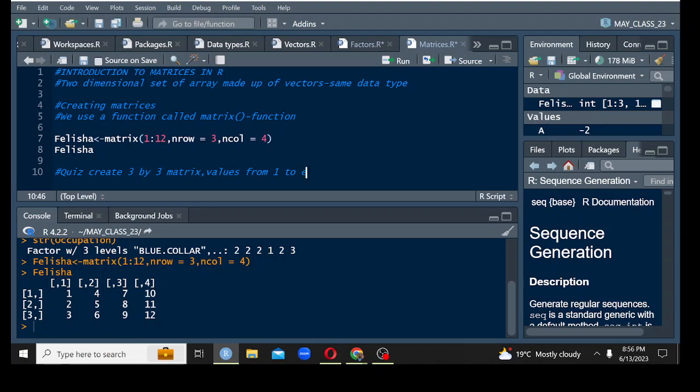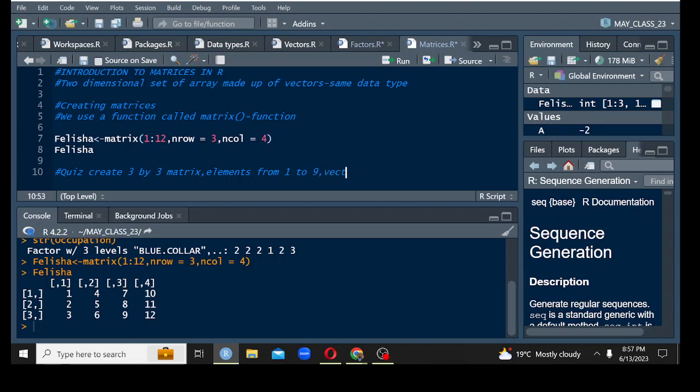I want someone to create a 3 by 3 matrix, elements 1 to 9. What else is important here? Quiz: create a 3 by 3 matrix, elements from 1 to 9, vector using